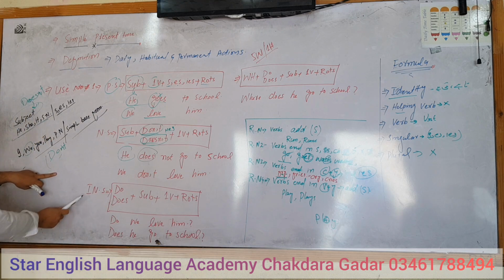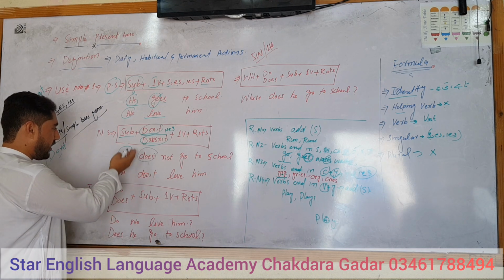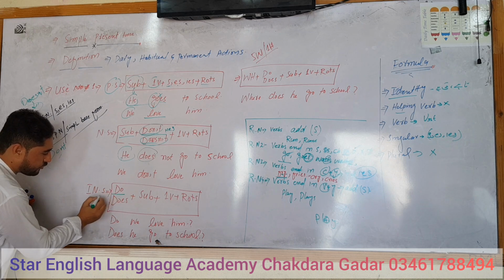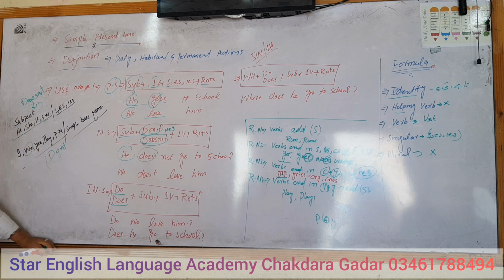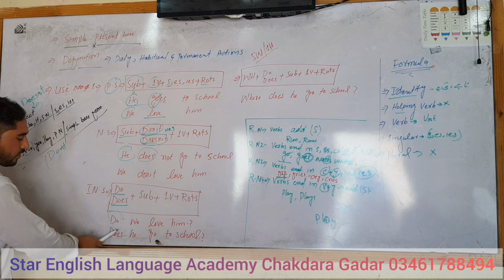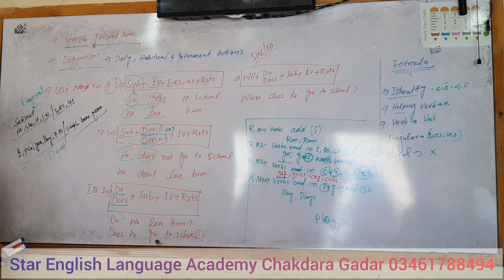And the third one is the interrogative structure. Interrogative structure is easy. You will use do or does before the subject. So here you can see the example. Again we will use do with subjects like I, we, you, they, and we will use does with subjects like he, she, it, and a singular noun. For example, do we love him, or does he go to school? And we have the fourth